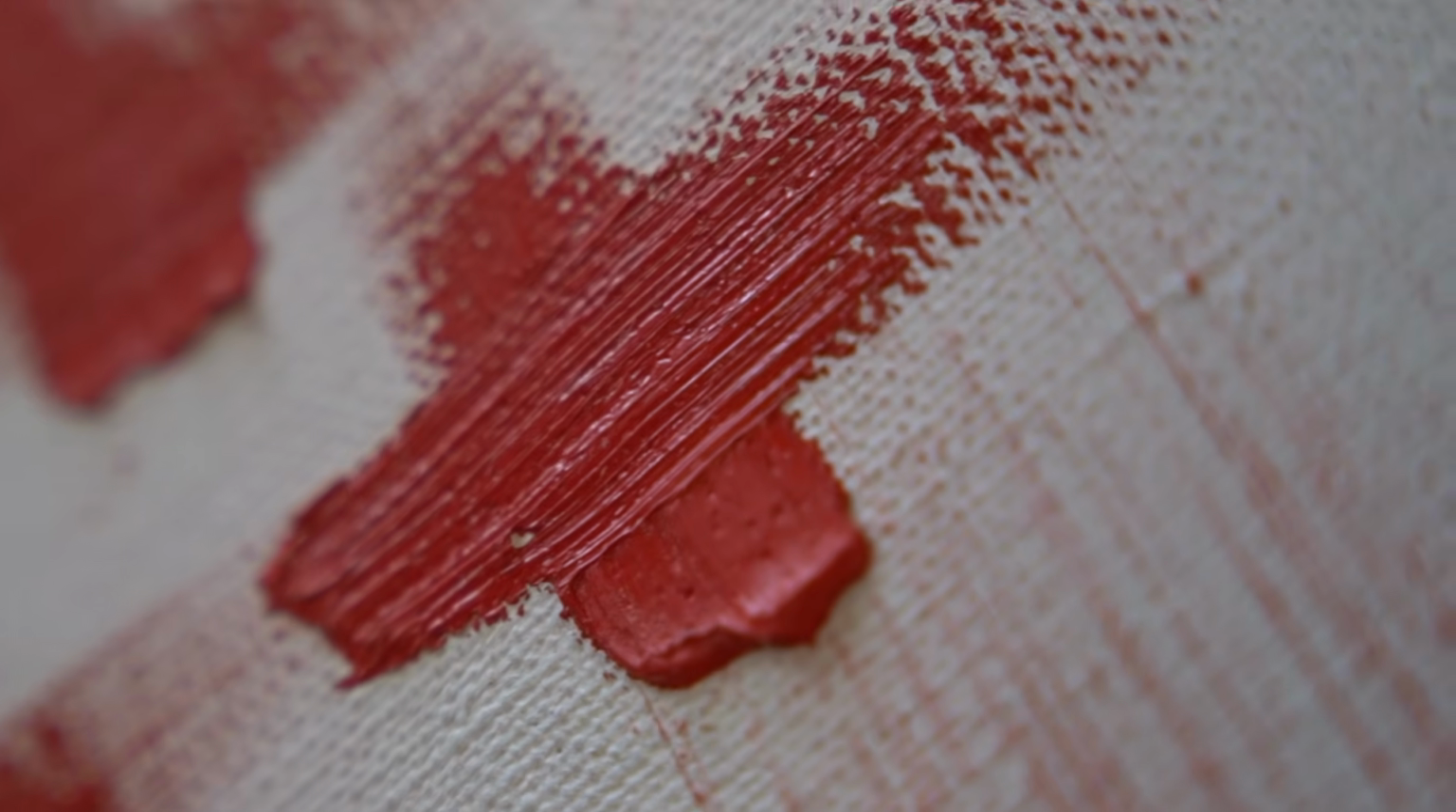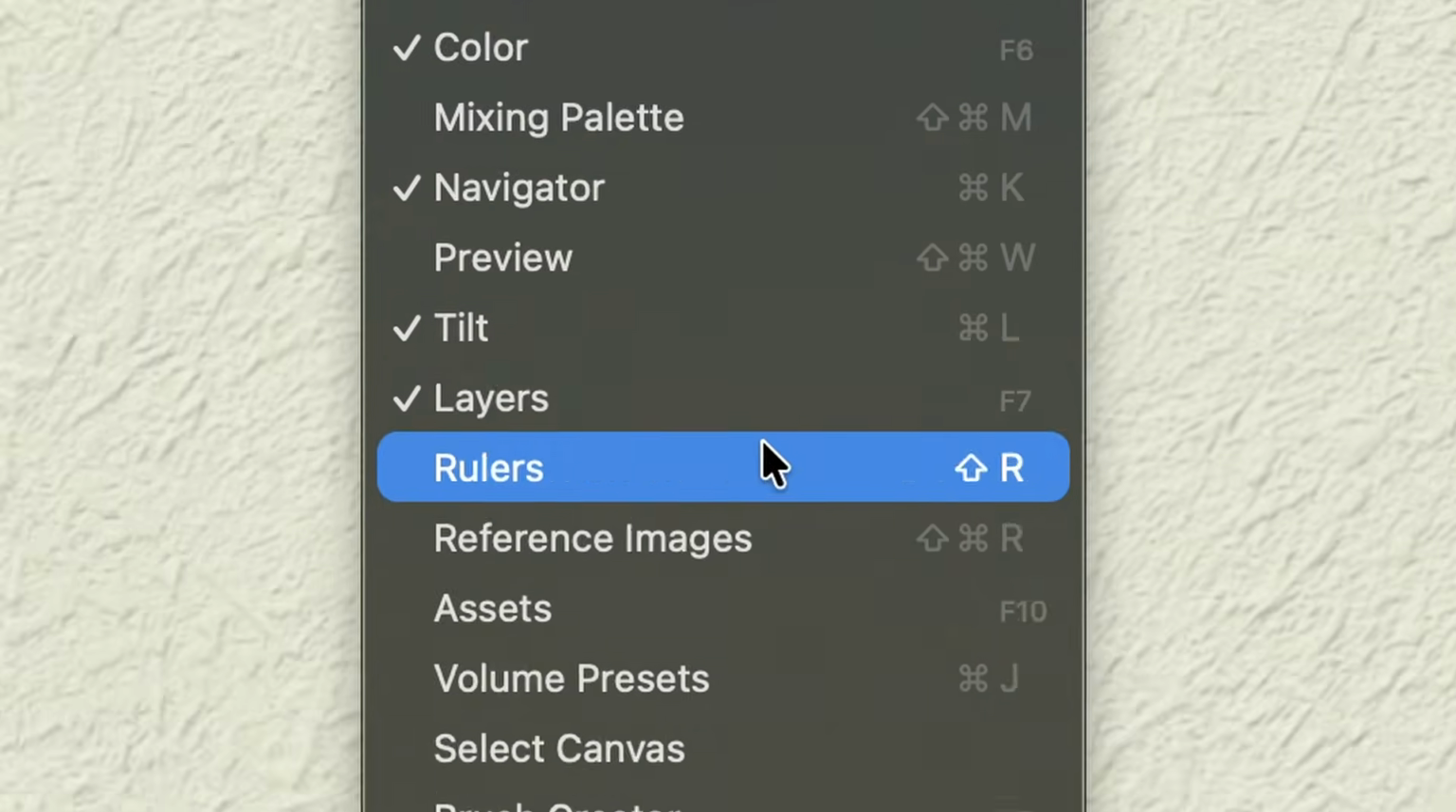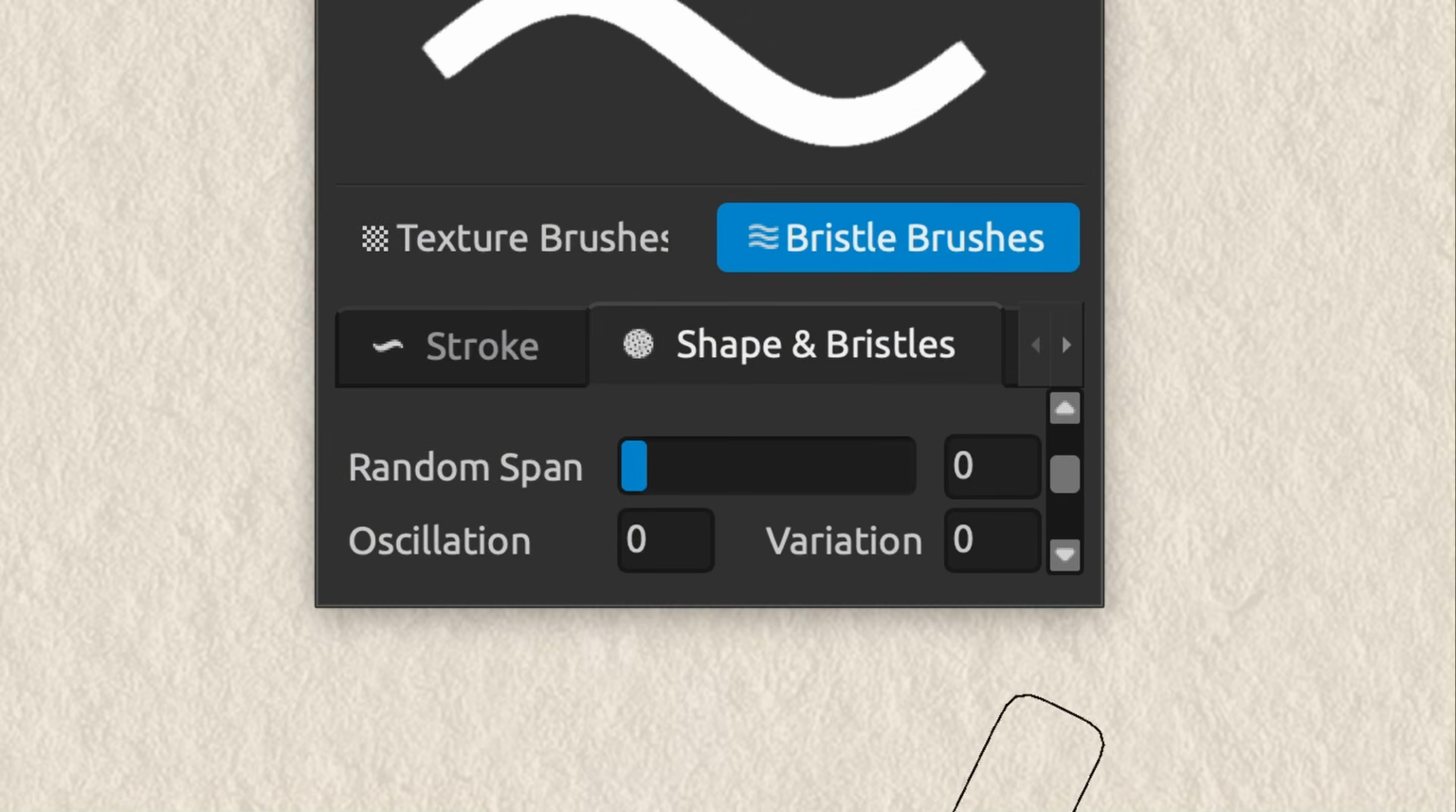Bristle brushes use two types of bristles: add impasto bristles, those that build up impasto peaks, and remove impasto bristles, those that carve valleys in the impasto. These characteristics are important for the three bristle brush settings you can find in the brush creator: random span, oscillation,